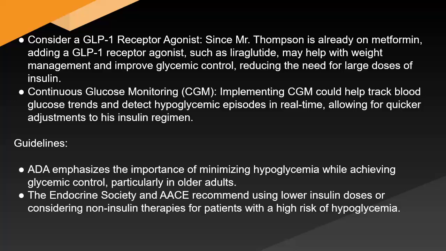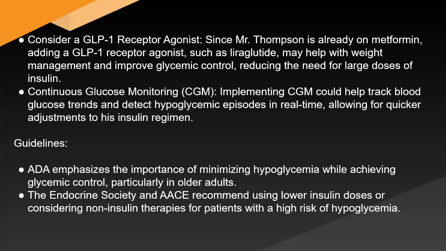Continuous glucose monitoring (CGM). Implementing CGM could help track blood glucose trends and detect hypoglycemic episodes in real time, allowing for quicker adjustments to his insulin regimen. Guidelines. ADA emphasizes the importance of minimizing hypoglycemia while achieving glycemic control, particularly in older adults. The Endocrine Society and AACE recommend using lower insulin doses or considering non-insulin therapies for patients with a high risk